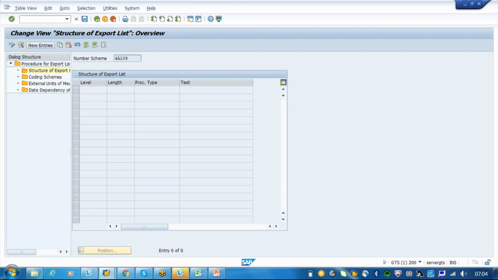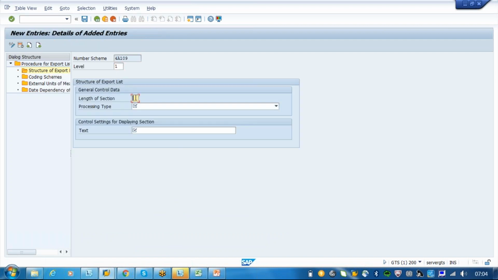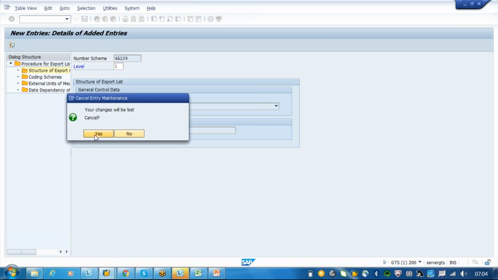New entries, level 1. This is chapter 1. We have not saved after deleting.